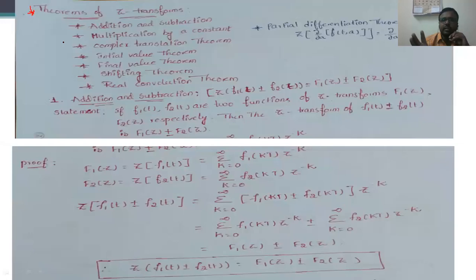It is a scoring unit in your BCS. Why? Because this Z transform is very familiar to you. It is already studied by you in Signals and Systems in your second year second semester or third year first semester itself. All the topics which are going to be covered in Unit 2 are very, very familiar to you. For that reason, I am telling you that this Z transformation unit is very much a scoring unit for you.